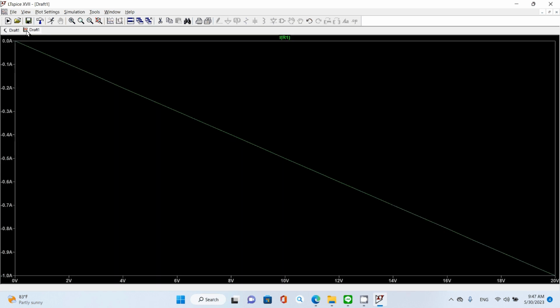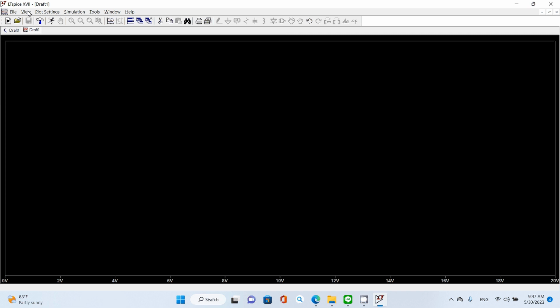You go to the drop here, and you want to add trace. The other one is that you can kill this one by simply picking up the scissor and then left click, and you go to